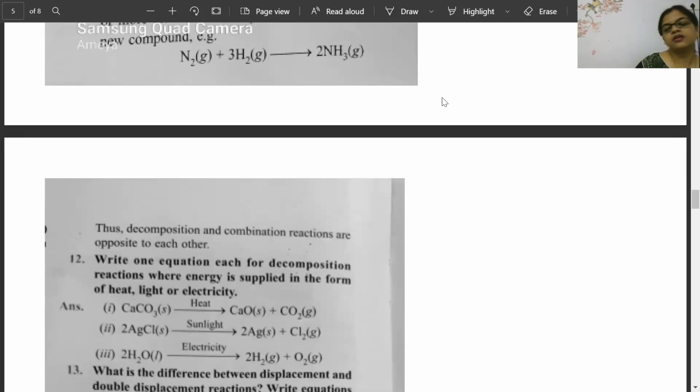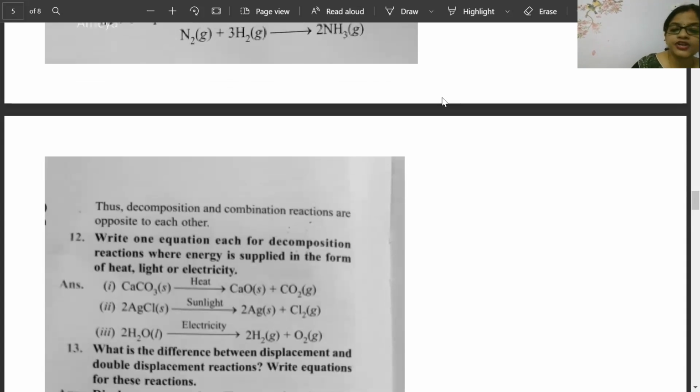Very good. So heat one, first one, calcium carbonate giving calcium oxide and carbon dioxide, heat released. Silver one, taking sunlight, light reaction. Fourth one, using electricity. So beta, here heat, sunlight and electricity are all like catalysts. Catalysts are helping the reaction to proceed without actually being involved in the reaction. So we cannot say directly catalyst. We can say they are helping the reaction to proceed.